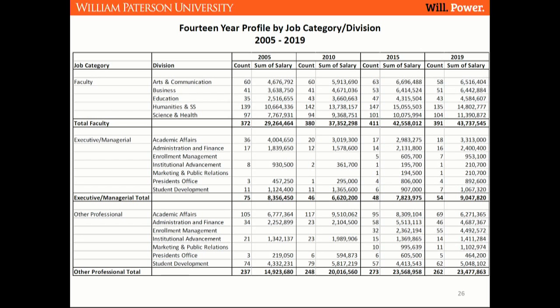I don't want to spend a lot of time on the actual dollars because quite frankly, this doesn't say a lot because over 15 years, you've got salary increases, you've got people who are at the high end of the scale retiring, you've got new people coming in at the lower end of the scale. We've actually had positions that we've eliminated in one classification and created new positions in other classifications. So I think the head count is a little more meaningful than the dollar amounts, but it's presented